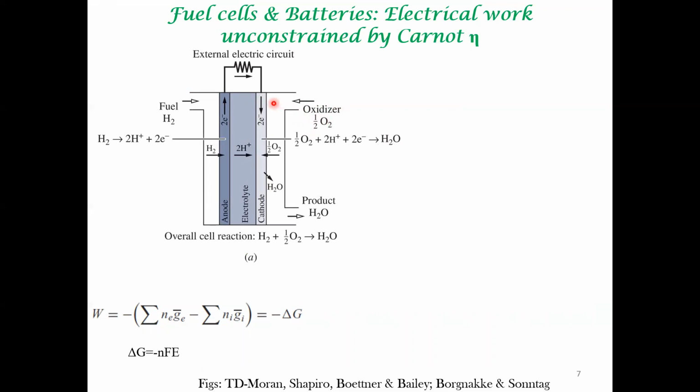There is electrochemical combustion that is taking place, which gives rise to delta G being negative because it's an exothermic reaction. And this exothermic reaction is converted to electrical work. And the formula for electrical work is nFE, where n is the number of electrons involved in this electrochemical reaction, F is the Faraday constant, and E is the electrochemical potential, the open circuit potential that you can get by undertaking